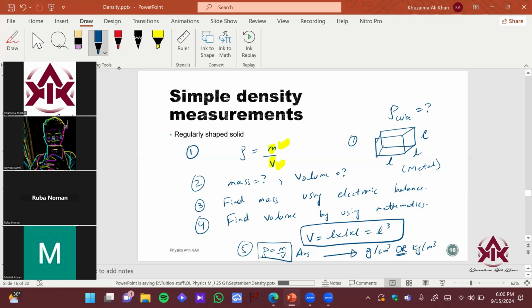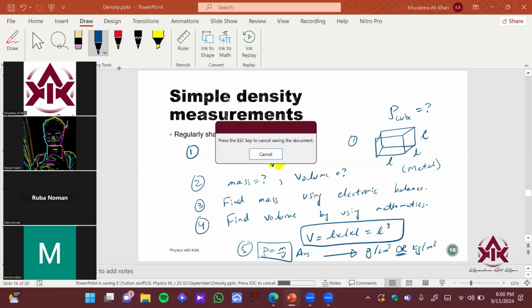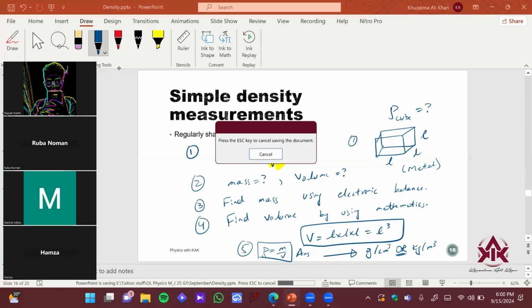Give me a thumbs up if yes, it makes sense. Okay, it makes sense to Mashal, Ruba, and Ryan को समझ आ गया, हमजा को भी समझ आ गया।